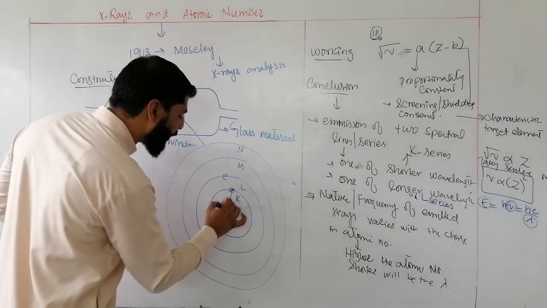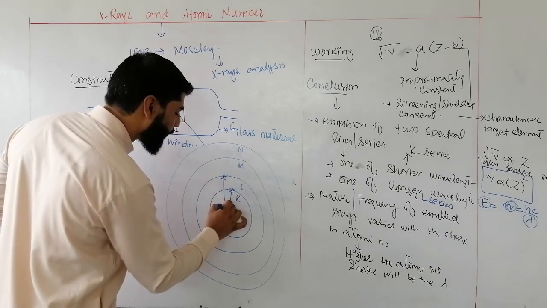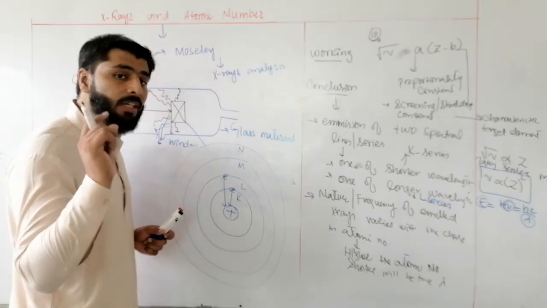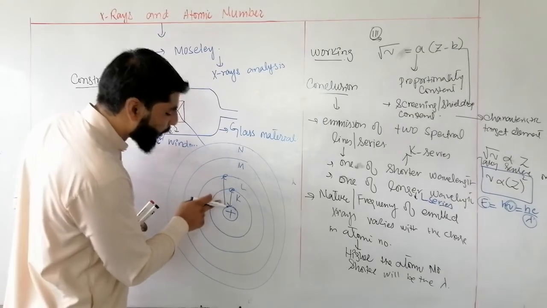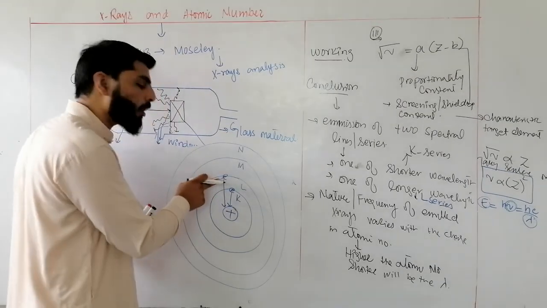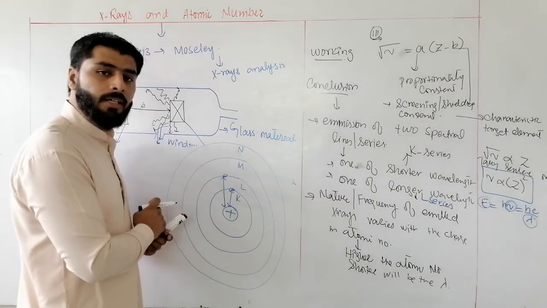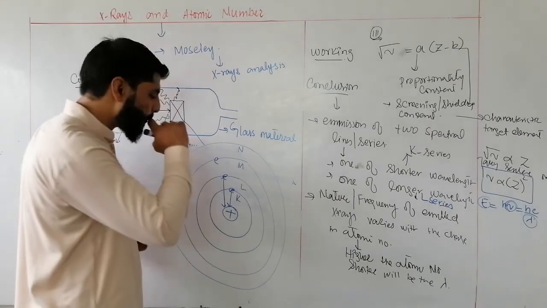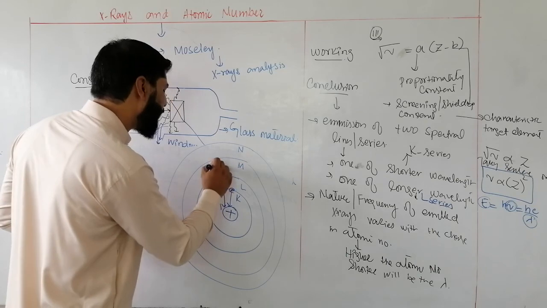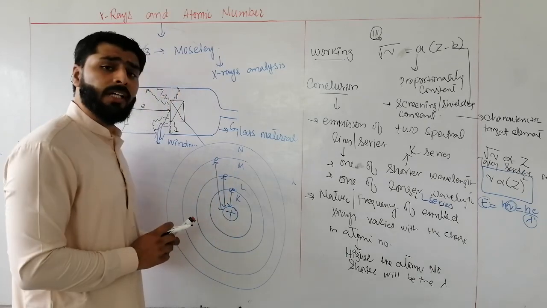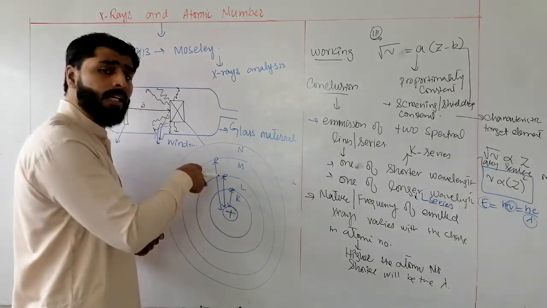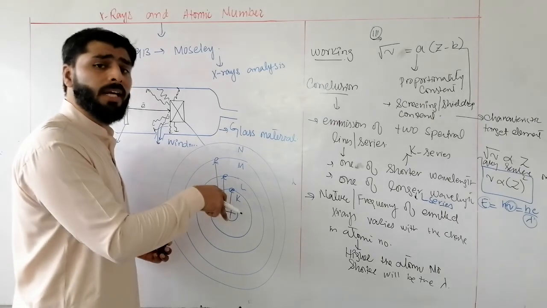But for an electron in the L shell, there will be some shielding effect, and the attraction between the nucleus and the electron of the second shell is weaker as compared to the first shell. Similarly, if the electron is in the third shell, the force of attraction on it is comparatively